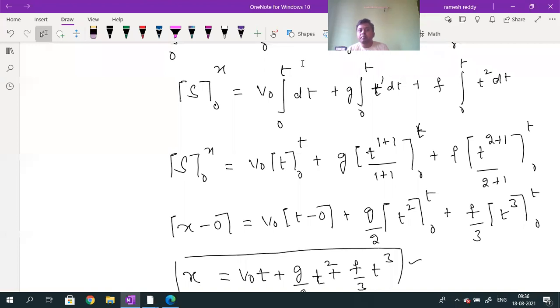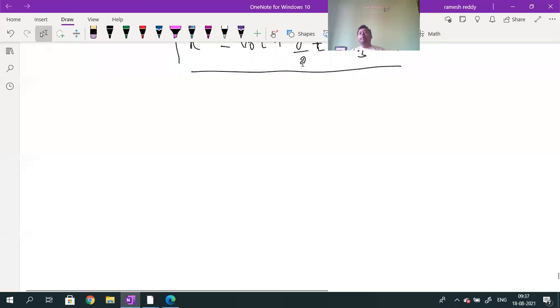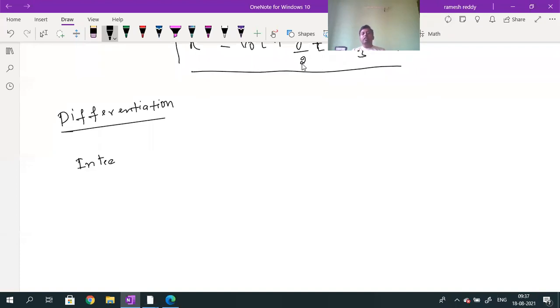indefinite integration. Okay, now students, this is regarding the equation for non-uniformly accelerated motion. You should have the basic idea. I'm not saying the total integration will be understood right now. You should come to know the basic idea regarding differentiation and integration. What is the meaning of differentiation? That you should come to know. And what is the meaning of integration? Basic, not complete.